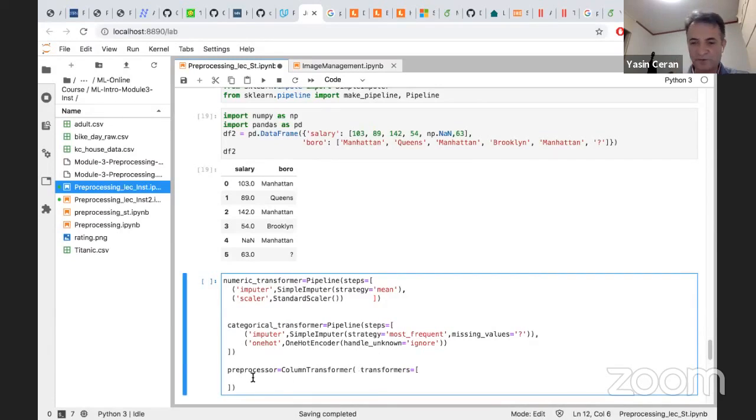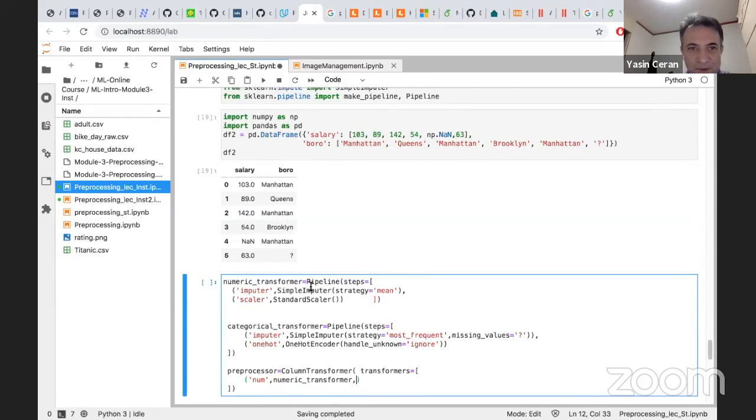What are my transformers? Now I'm going to be using my tuple. Again, I'm going to give a name for my first transformer. Let's call it num. This is going to be the numeric one. The numerical transformer is this guy, numeric transformer, which I just created above. And this numeric transformer, remember, we already